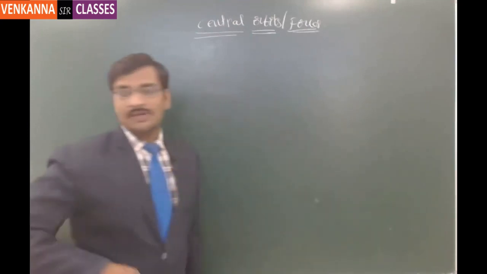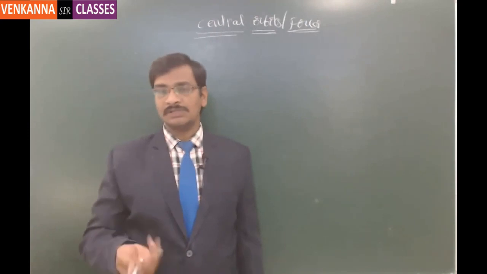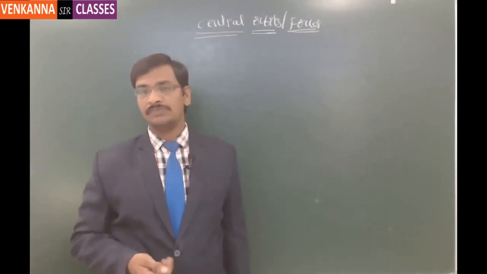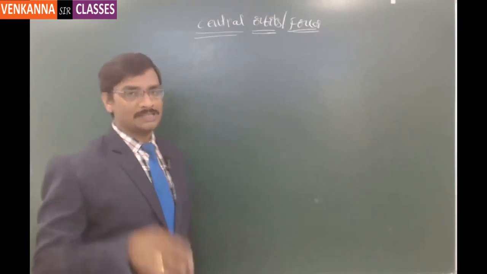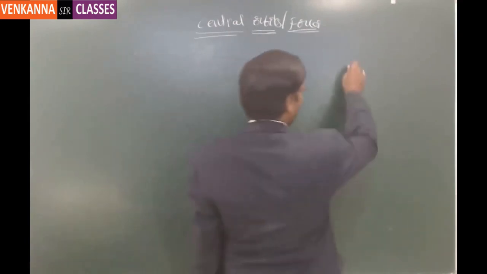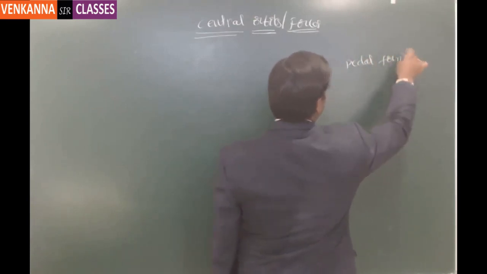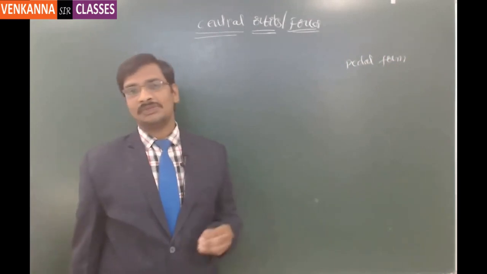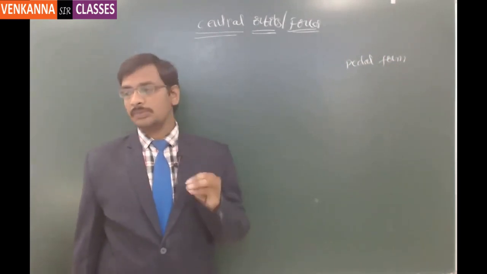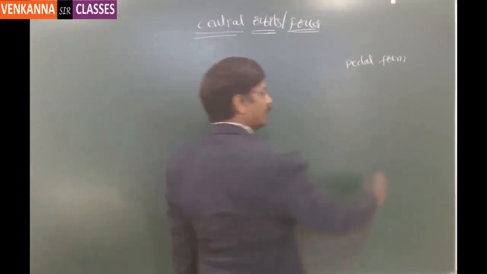There are different ways of expressing an equation. Either you may express it in the Cartesian coordinate system, or as polar coordinates, or as the pedal form. In central orbits, this is the convention most of the time, so the questions are going to be asked in the pedal form. The pedal equation is nothing but, for any curve,